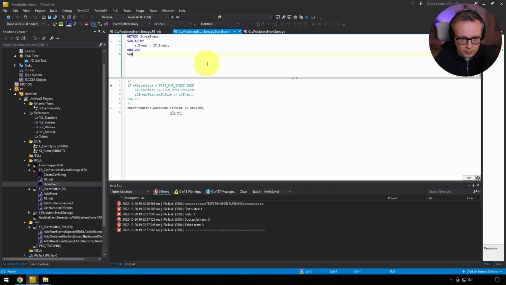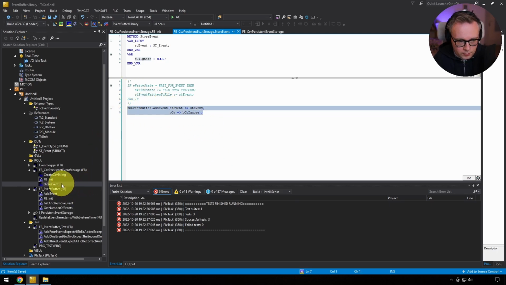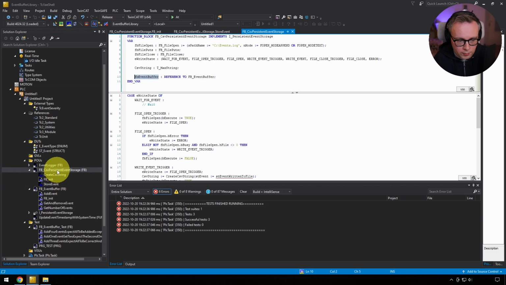Then be okay. We're not going to do anything with that. In a real program, I would use this information and put it somewhere in the system so that it's visible for either the developer or the operator or whoever of the system that should maintain this, and see that there's a problem. But we add an event. That's the only thing we need to do here, because everything else is in our wait for event. We now don't wait for someone to add an event. We only check, is there anything in the buffer? Because as soon as there is something in the buffer, then we can start to do all of this stuff.